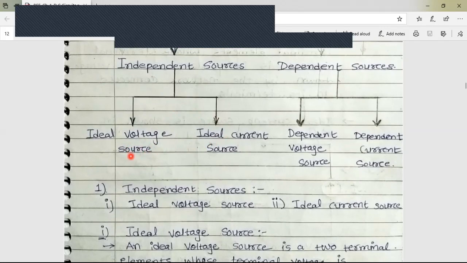In the same way there is a practical voltage source and practical current source. Then dependent voltage source and dependent current source. So we are going to discuss the first sources, independent sources,